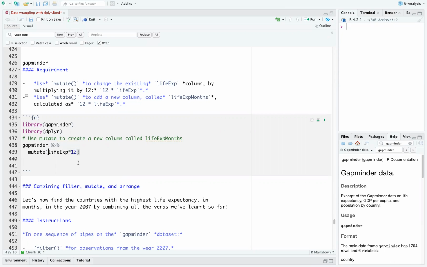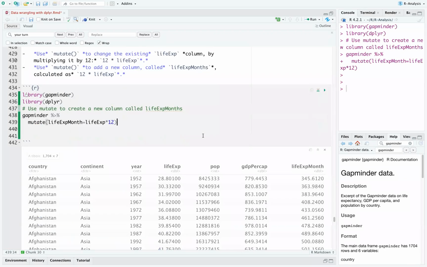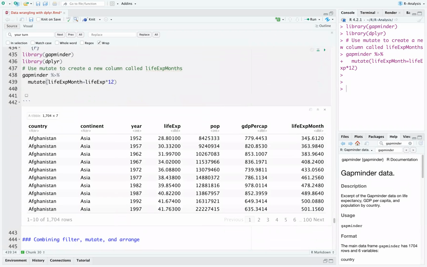All right, and then we need to save this into a new column. The new column that we need to create is called life expectancy months, right? Then we use the equal sign. So we're saying store the contents of this transformed data into a new column called life expectancy months, right? And then mutate will make sure it creates this column and attaches it to our dataset, okay? So let's go ahead and run this piece of code. Clearly here we can see we have a new column, which is a product of the existing column,